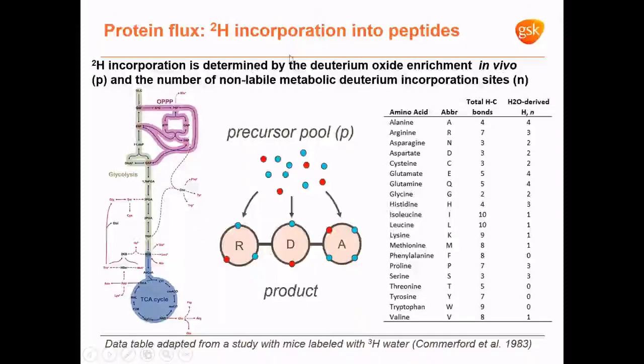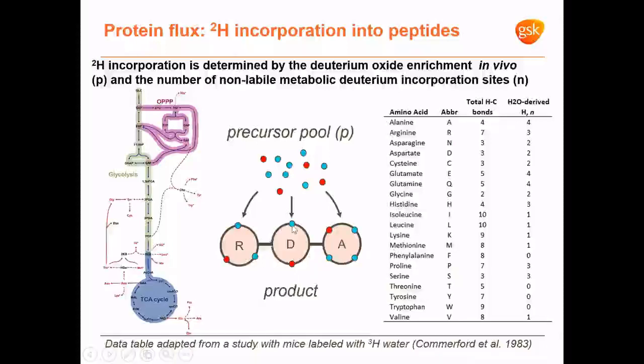So how does deuterium oxide get incorporated as a stable isotope label into proteins? Deuterium oxide mixes rapidly with the total body water of the human or preclinical animal. Once that equilibration of water throughout the organism occurs, water gets incorporated into amino acid side chains during de novo synthesis. And this is a non-reversible label incorporation. So once deuterium oxide is incorporated into the amino acid side chains during de novo synthesis, it does not back exchange with bulk solvents. So the label is persistent.